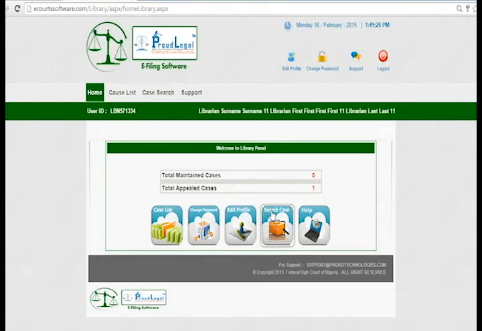So these are the two things. As we can see, there is the number 0 in front of total maintained cases. It means that we don't have any file in this section. Alright, and we can see number 1 in total appeal cases. So it means that we have one case in total appeal cases. Alright, so when you click on the number one,